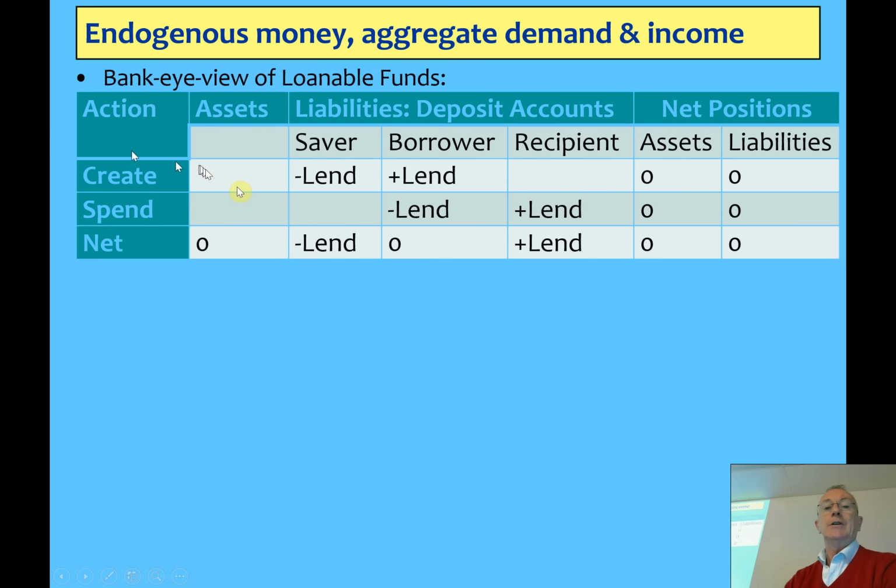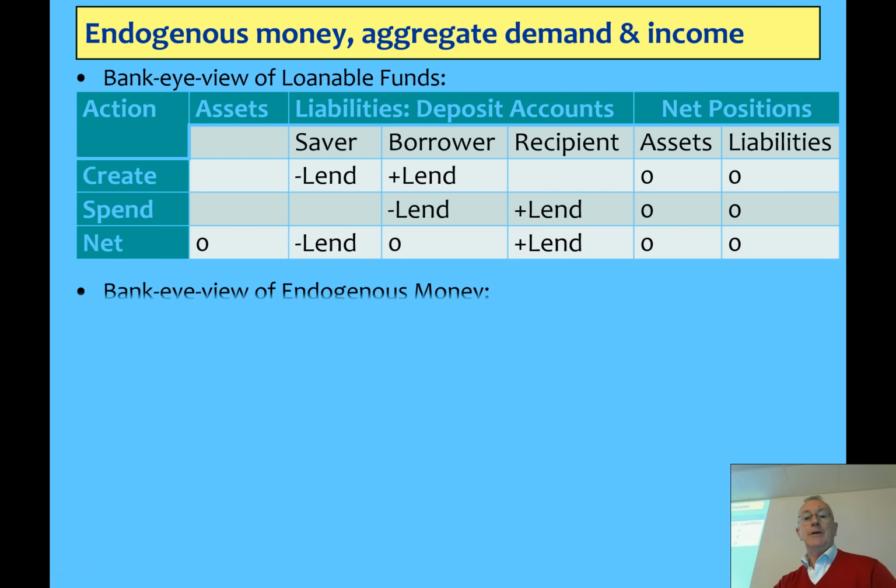There's no change to the assets of the banking sector, there's no change to its liabilities either. When the person spends, the money the borrower has goes down, the money the recipient has goes up, again no changes in assets and liabilities. What you have in the net sense is the savers' funds have gone down by this amount, the recipients' have gone up by that much. Okay? No change from the bank's point of view. Of course, there's debt turning up as well, but that's off the bank's sheets.